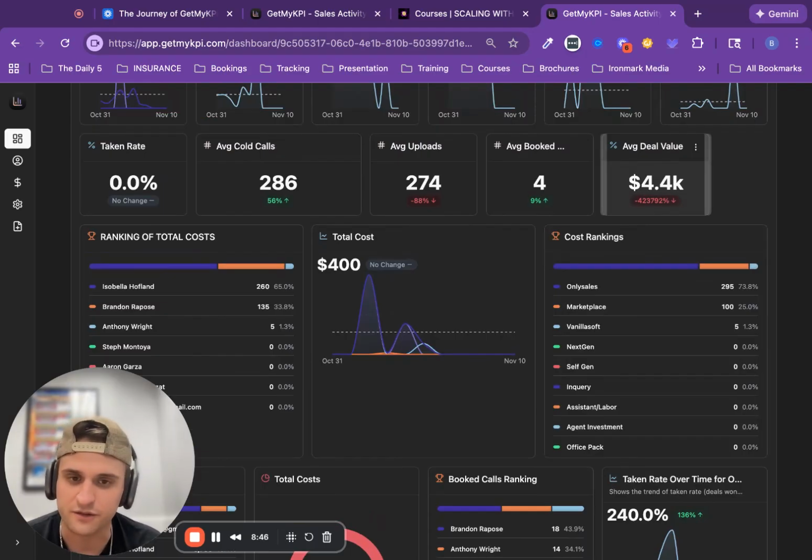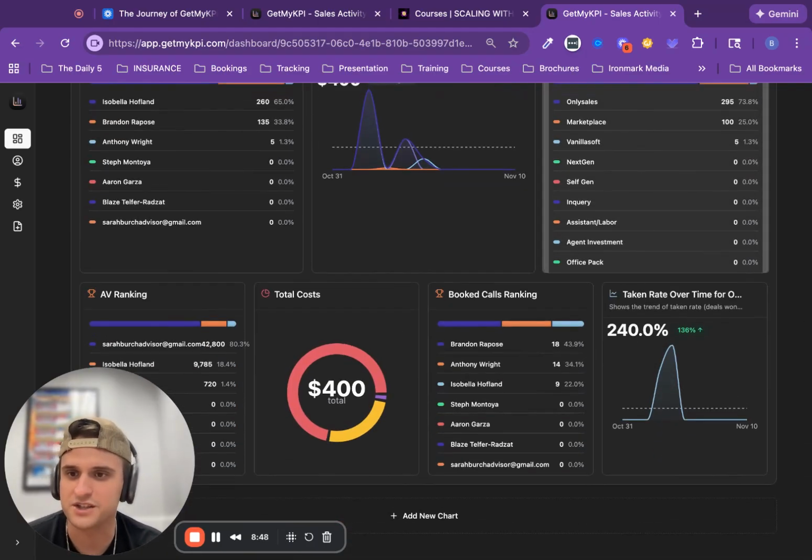There's so many things here with the scoreboard that we can do on a competition level, and we can see who's doing what, who's winning where, and to see in real time, like, oh shit, Brandon got here at 8 a.m. and he's already spent $200 on NextGen. Damn, I need to get to work. What was he doing? What was I doing? Sleeping in or whatever. All right, so